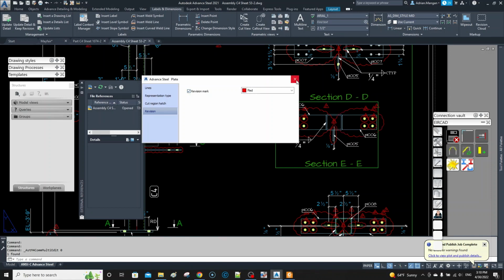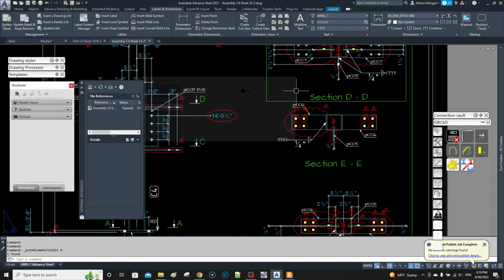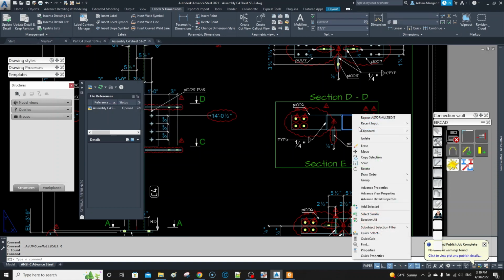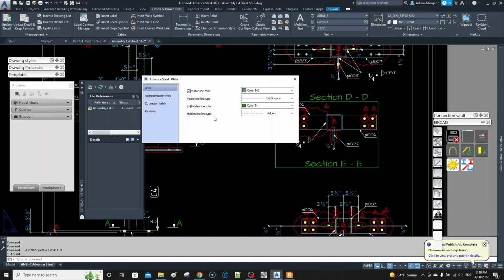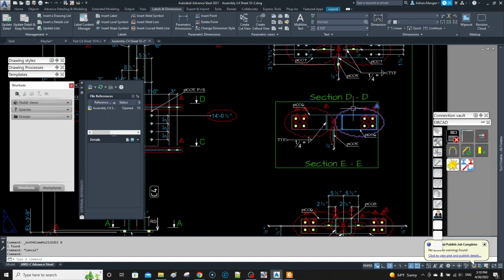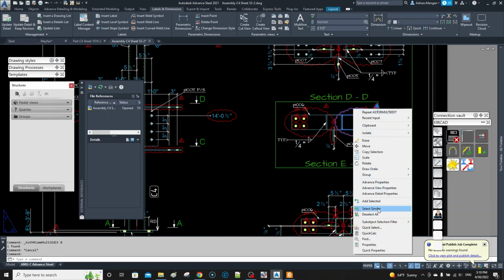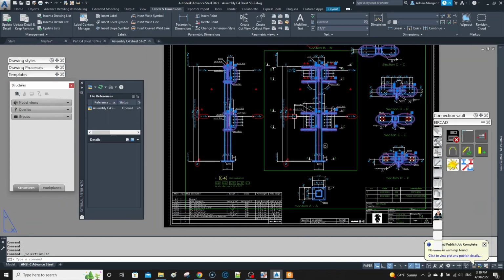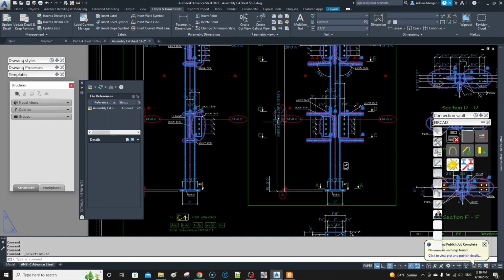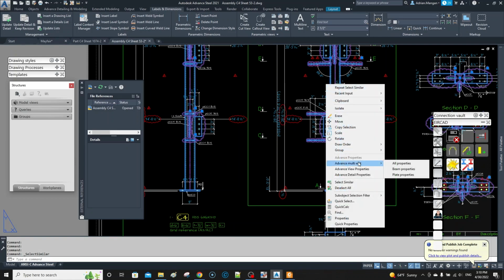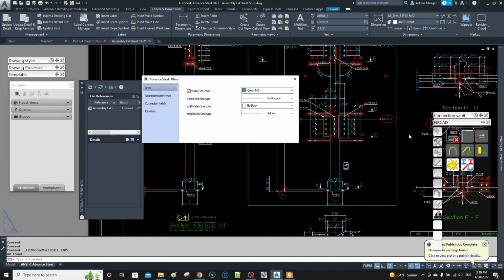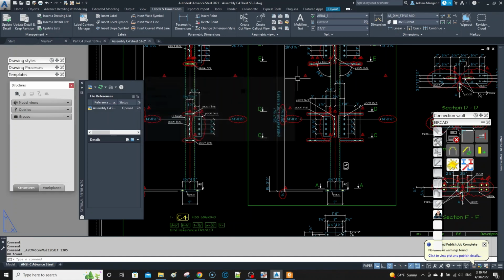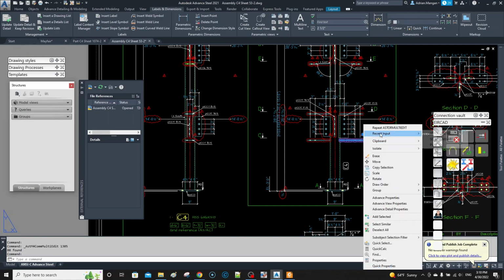Now, if I turn it off, it's actually the plate. So if you want to turn it back on, we should be able to turn it back on by picking the plates, and we can. So what you need to do is just select all the revision clouds. So I've selected them all. Now these ones are different for the holes, so it has not connected to these ones. So what I'll do is right click, and I'll do all the plates first. Go to revision, turn them off, and then